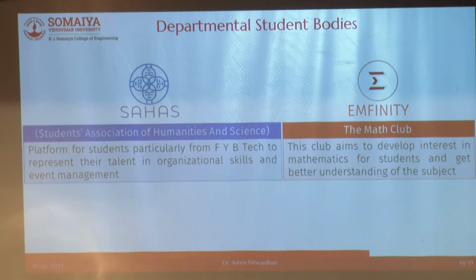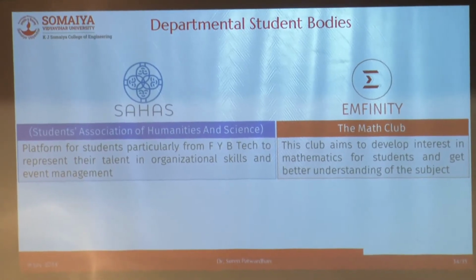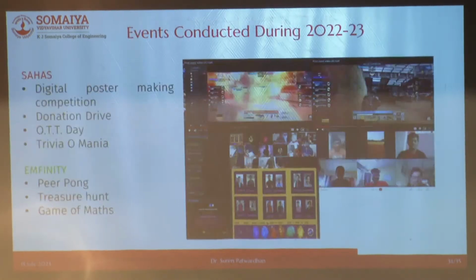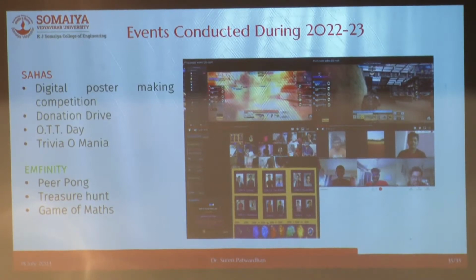So SAHAS basically it is Students Association of Humanities and Sciences. Since it is confined to first year only, SAHAS conducts some events, NGO drives, or some cleanliness drives, or social initiatives basically, and some events also, and quizzes. Infinity basically it is only for mathematics enthusiasts, who have a lot of interest in mathematics. So that group is known as Infinity. So these are the activities conducted in 2022-23 by these two bodies, SAHAS and